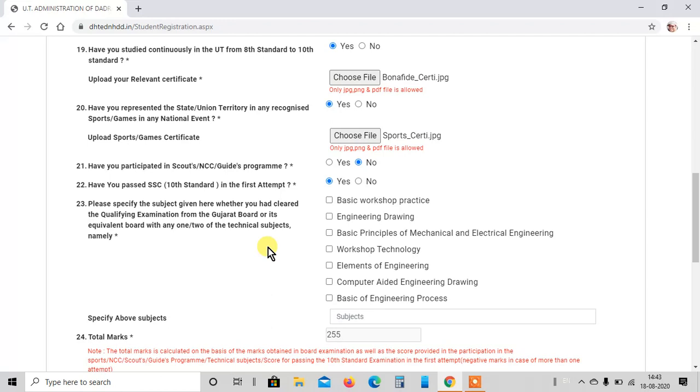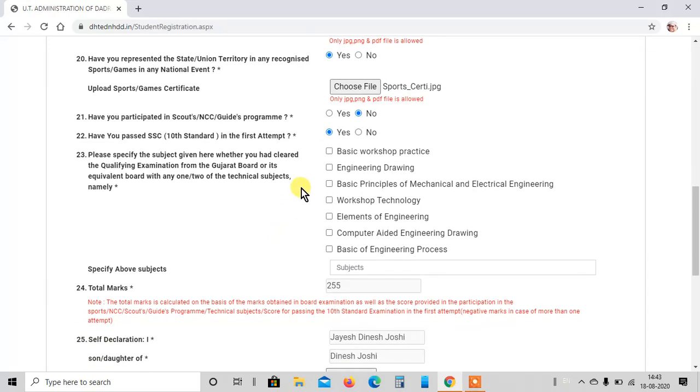There are some engineering subjects which you might have taken in your SSC. Select those subjects from this given list. Like I have taken engineering drawing and elements of engineering, I'll select those two subjects.